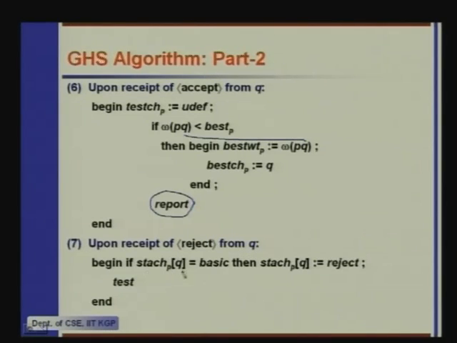It checks whether the status of the channel from P to Q is basic, then it sends it to reject and then resumes its test, because it again has to find another least cost outgoing edge. Is that clear so far? Now,